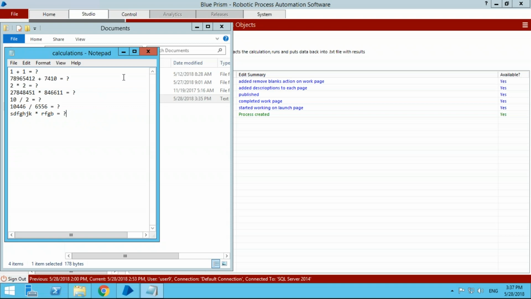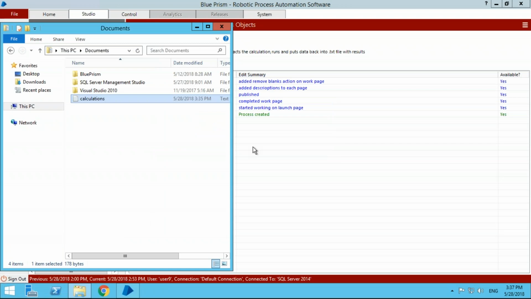So now I'm just resetting my calculations. What I just showed you was me playing it in the studio. In the studio is where you actually see the flow and everything. Studio is just for development purposes. In real life, how do you invoke the Notepad? That is what we will learn when we get into the objects part of it, Neville. I just wanted to give you a bit of an insight as to why it works, but we will get there, don't worry. I'll show you guys everything.